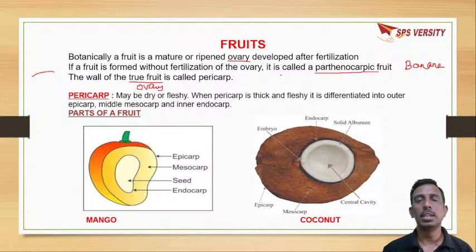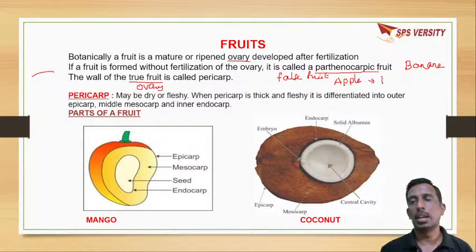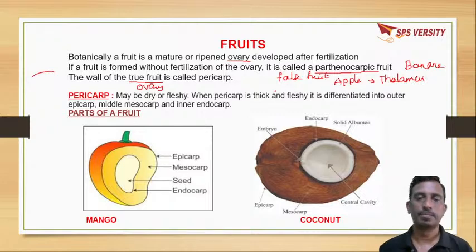False fruit means along with the ovary, other floral parts will develop into fruit. Like if you look into apple, in apple along with ovary, thalamus will also develop into fruit. In apple, what we consume, the edible part, is thalamus. Okay. So if you look into a true fruit, the fruit wall is called